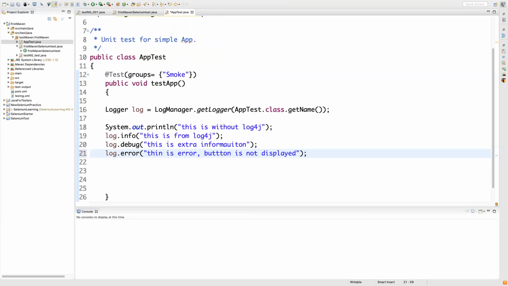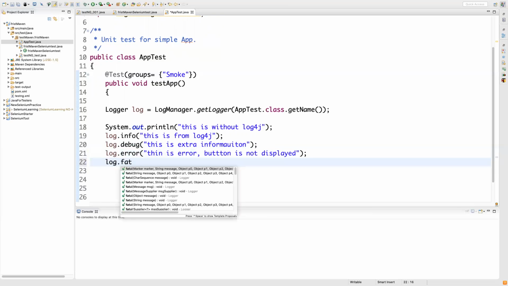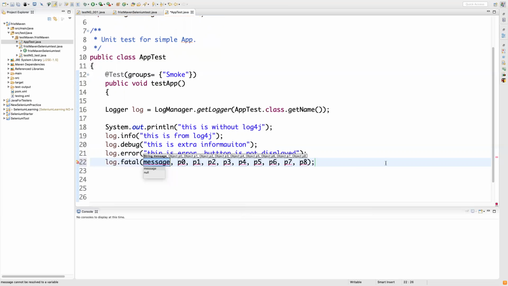You can say anything, and then you have a log.fatal. Here also you can write anything. Now if you carefully observe,